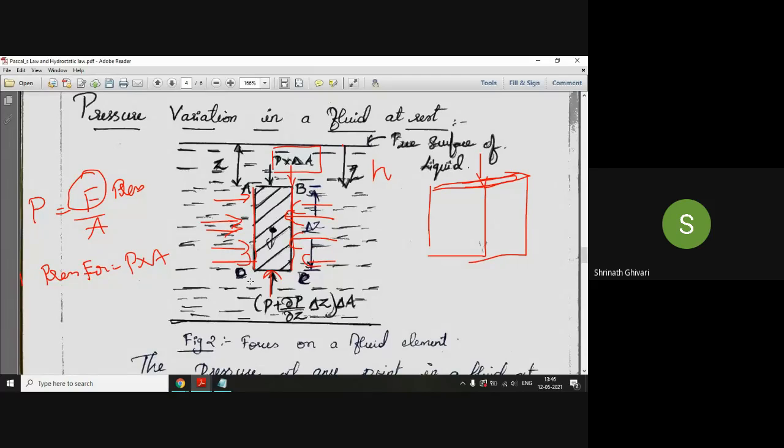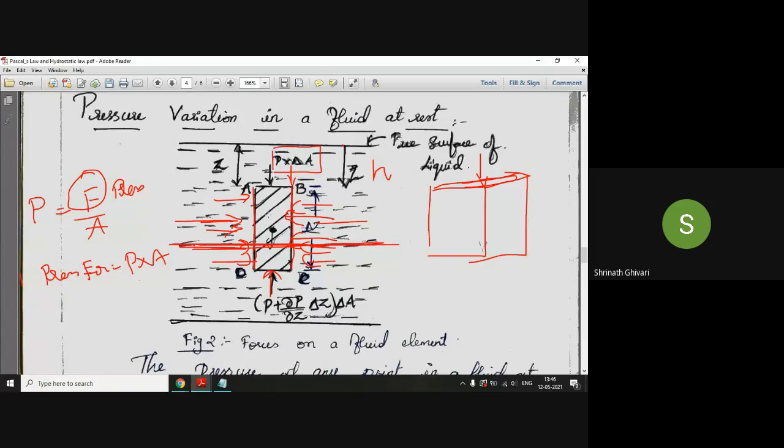It's very easy to tell, because whatever force is acting in this direction and whatever force is acting in the opposite direction will be equal and opposite. So those forces will be cancelled, because horizontally the pressure will be the same. At the same level of water the pressure will be the same, so whatever force is applied will be equal and opposite, and that force will be cancelled.